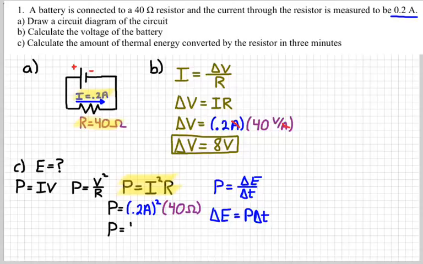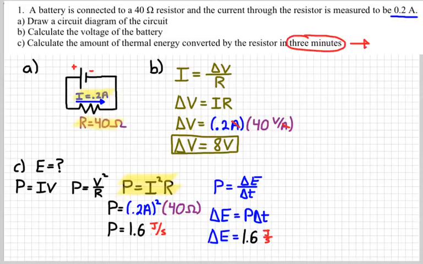And so when we do that arithmetic, we get something like 1.6, and our SI unit for power is watts. Or maybe, since you're a little bit more clever, instead of writing watts, maybe it would be better to write joules per second. That way, when we go over here to find our energy and plug in the power we just got, the 1.6 value, if we write our unit as joules per second,